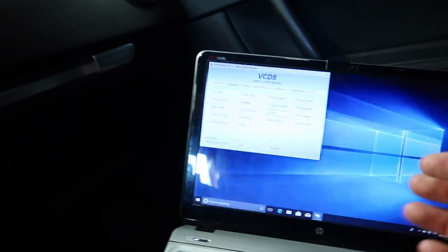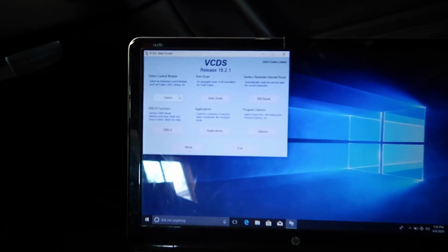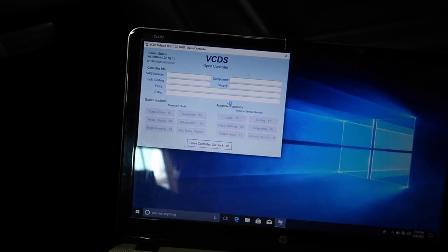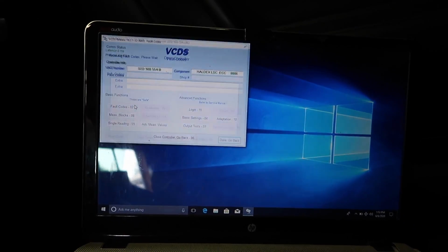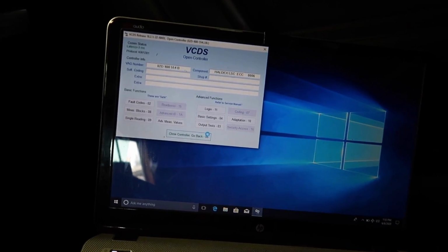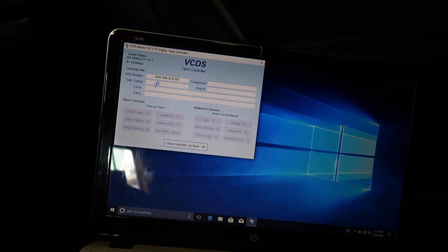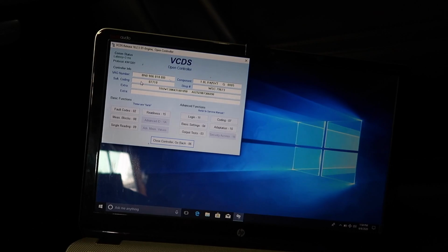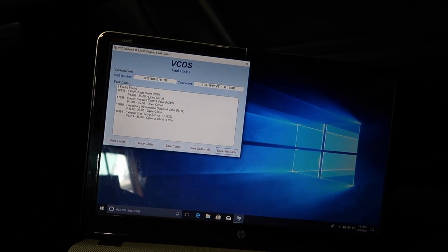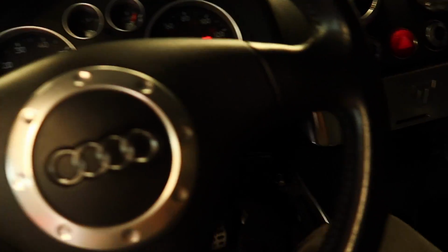So we will go back to vag-com here. Let it connect. Okay, so it's probably connected by now. So we'll go to all-wheel drive system. Oh, it stinks in here now. We'll go to fault codes. No codes, which is awesome. I was getting an intermittent malfunction. That's the whole thing that started this, I felt something weird when I was driving this car, like it was not engaging all the way or not at all. So all these ones are just for the emissions that I deleted. I need to get the ECU tuned to get all that stuff off there. So I have no codes, so we will